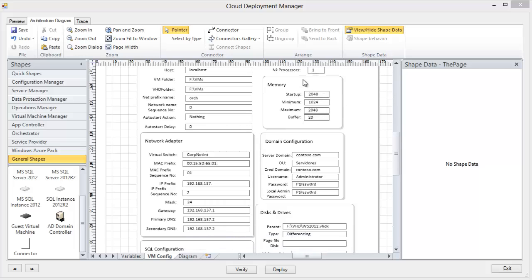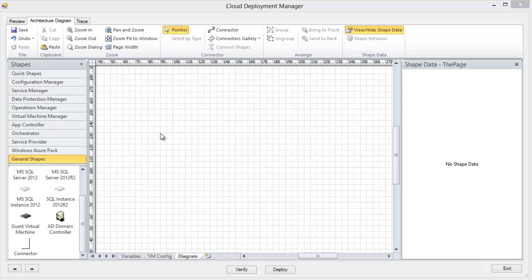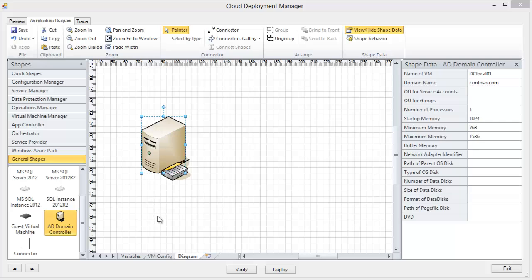These are the dynamic memory settings, the domain configuration, the paths where the files of the virtual machine will reside, the network adapter settings, the basic SQL configuration that will be applied to every SQL server, and the disk and drive settings. Back to the diagram page, the first decision to be taken in every deployment is whether an Active Directory